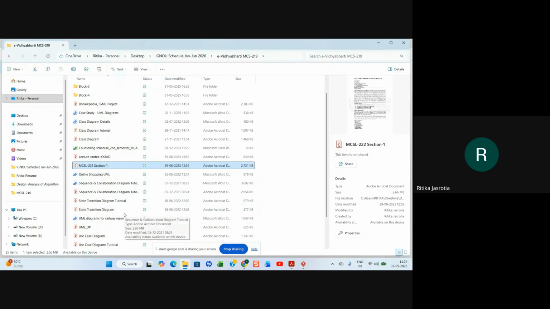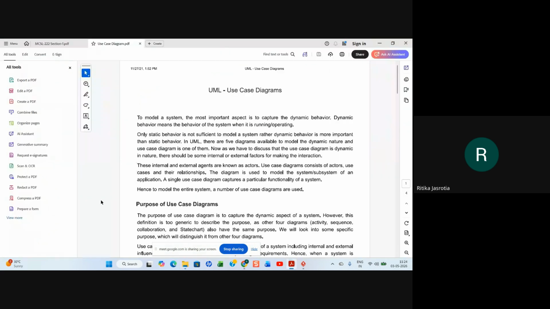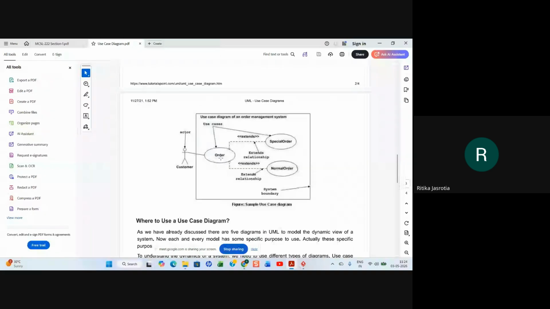If I have to show you, in a use case diagram, I'll just show you. Like here, customer orders. This is a sample order. There are two types of orders. One is a special order, the other is a normal order. So these are extensions of this order.